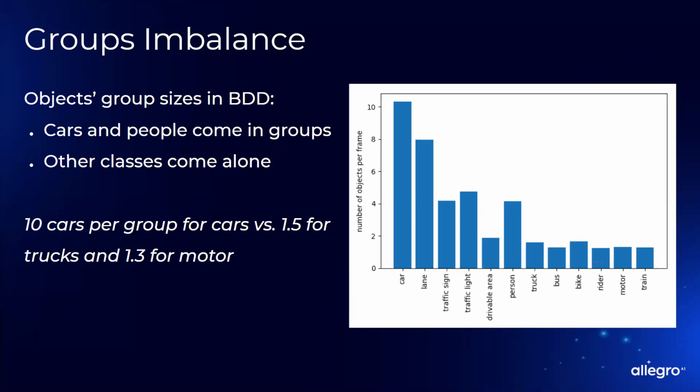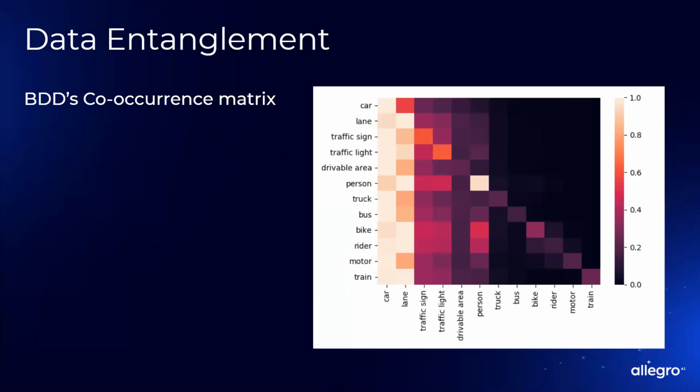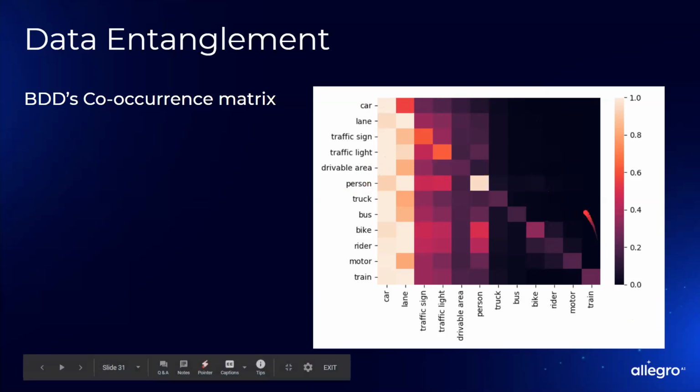That means that if you're trying to compensate for all these imbalances, some things are impossible to compensate. And the way to see it is a step level in complication. It's called a data entanglement correlation matrix. It means the correlation of, if I have a car in my image, what's the chance to have a person in my image? Or if I have a person in my image, what's the chance to see a car in the image? So you see, it's not symmetric. And all of this area is black. And that's good for us.